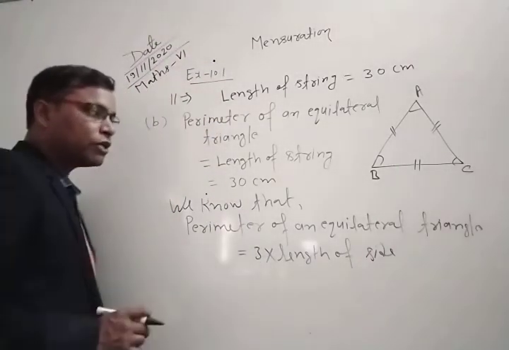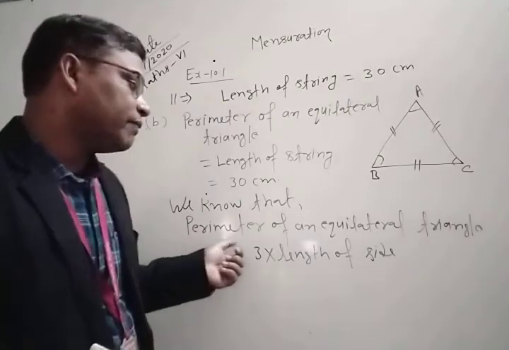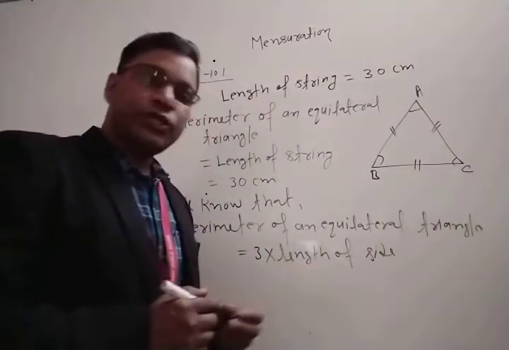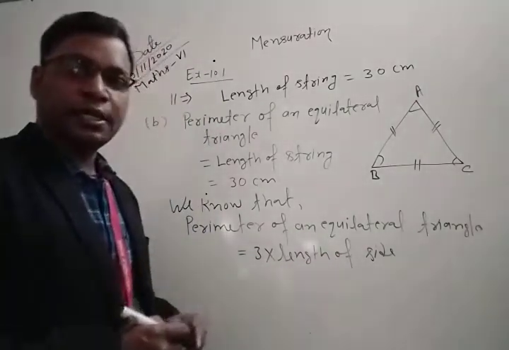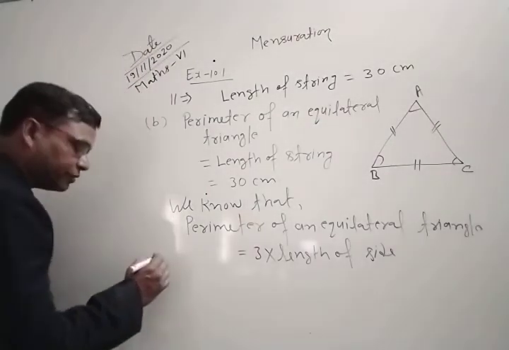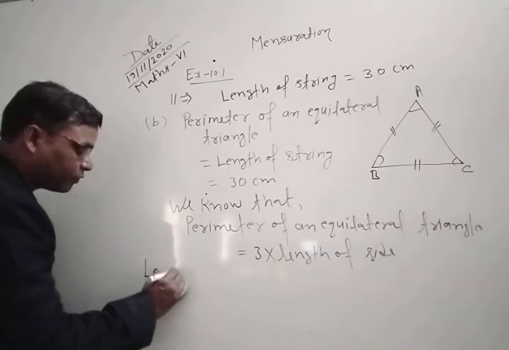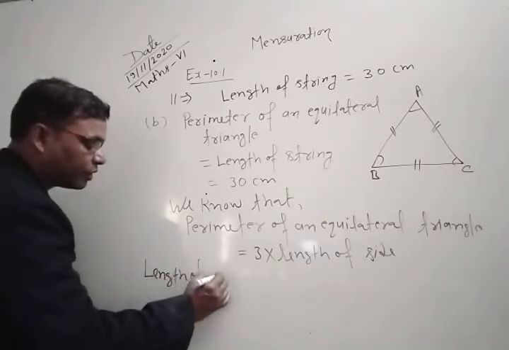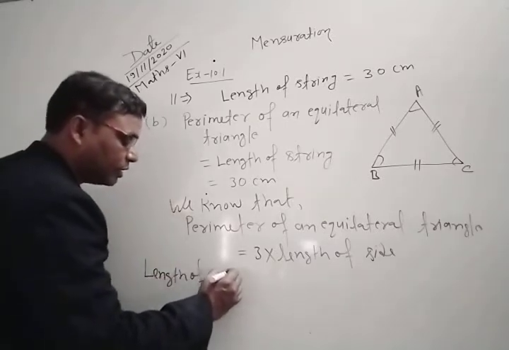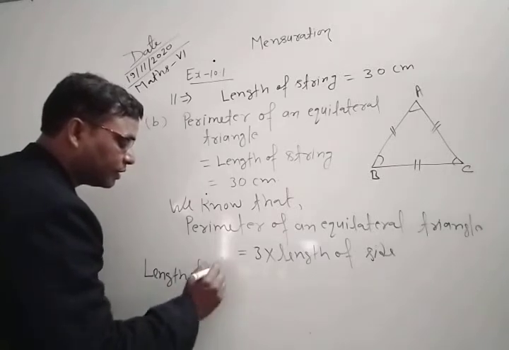Here we have the perimeter of an equilateral triangle, so we need to find the length of the side. So the length of side you can say,